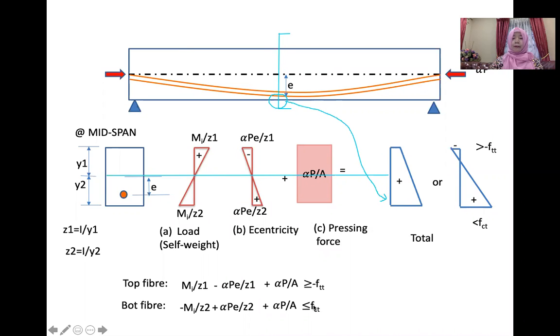So we have FCT. This is the allowable tensile in concrete, and this is the allowable compressive in concrete during transfer. This is tensile in concrete during transfer. For the top one, we assume that this must be greater than minus FTT. FTT is the tensile. So in pre-stress, we assume that